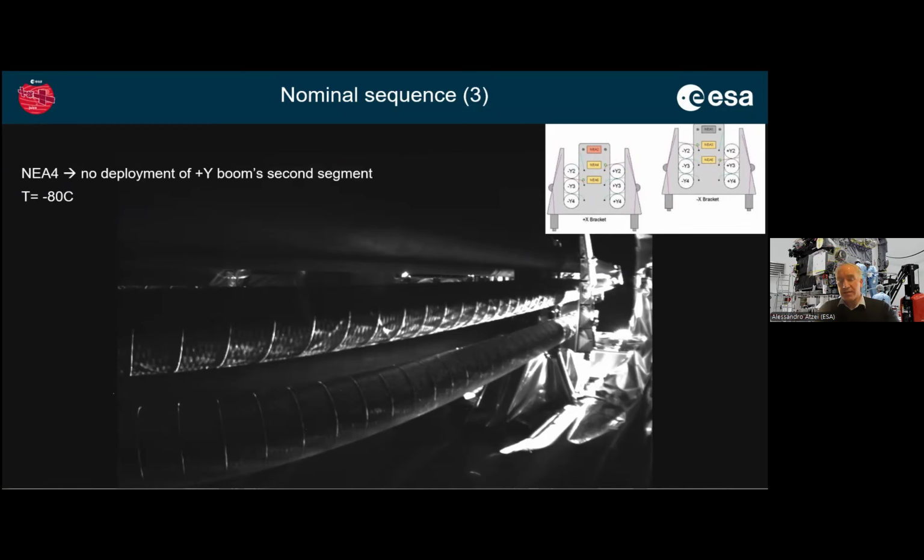And this is where things didn't go as planned. We activated the NEA, the non-explosive actuator 4, which should have released this -Y2 segment. But as you can see, nothing happened. It stayed in place, no movement. So we studied the images, we